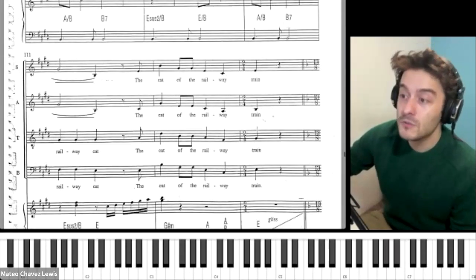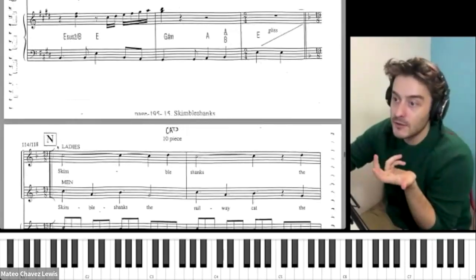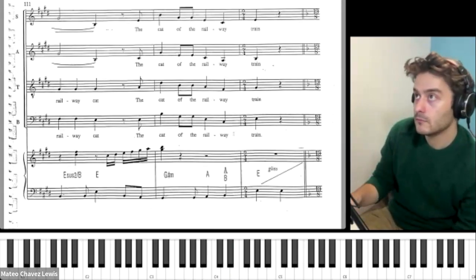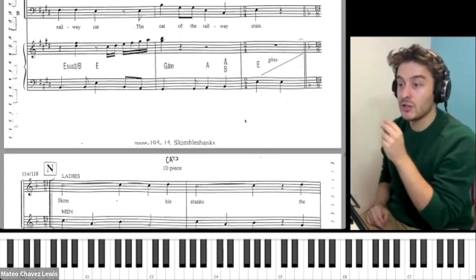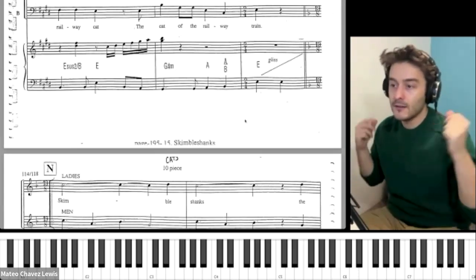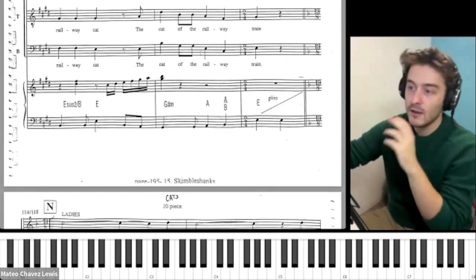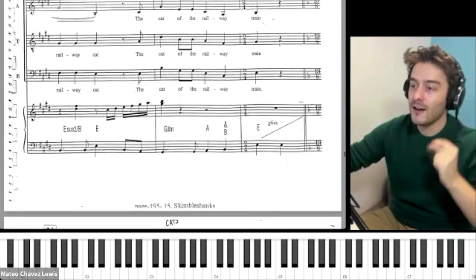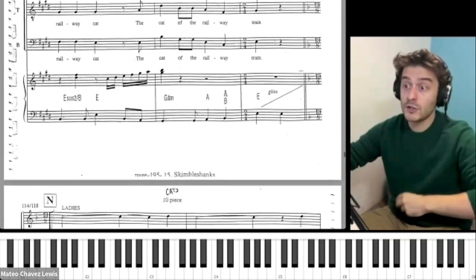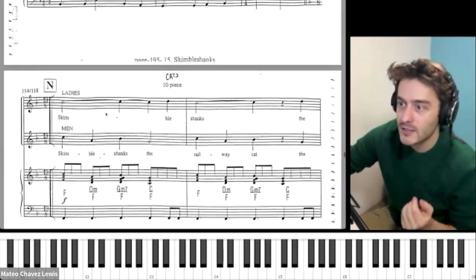Here we have a bar of 2/4, which kind of throws off the rhythm right as we get into the 13/8, which makes the transition really interesting. So rather than going like "the cat of the railway train, 2, 3, 4, Skimbleshanks the railway cat," we just skip 2 beats there. "Cat of the railway train, Skimbleshanks the cat of the railway." So it just gives us that boost of energy because the chorus comes in 2 beats